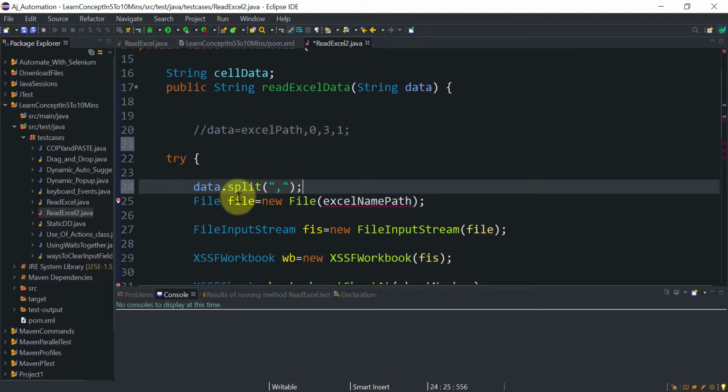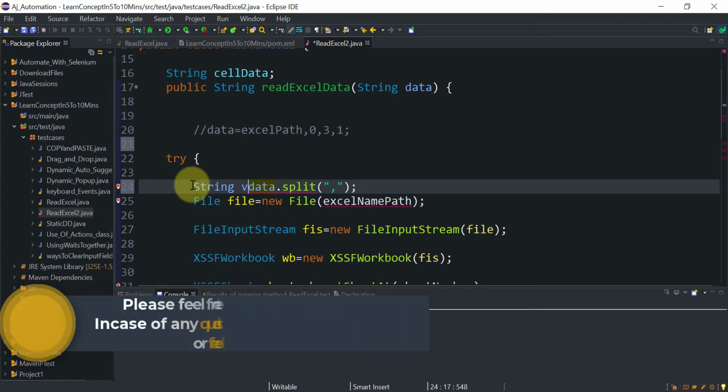After splitting the string we will get four different values, so we will store them into a String type of array, right? We are getting four different values, so we need to store them in a String array.